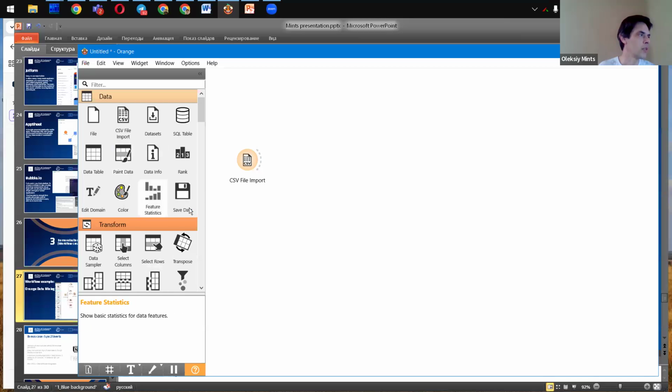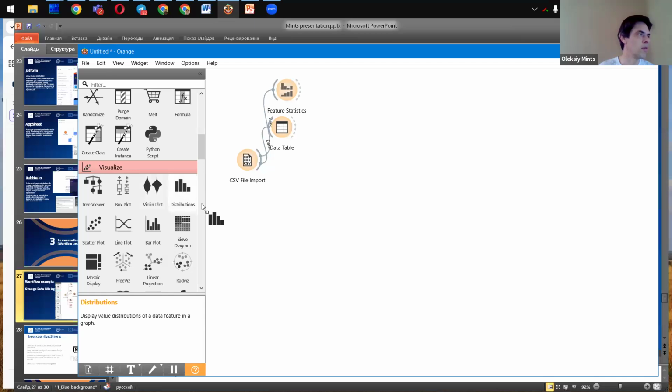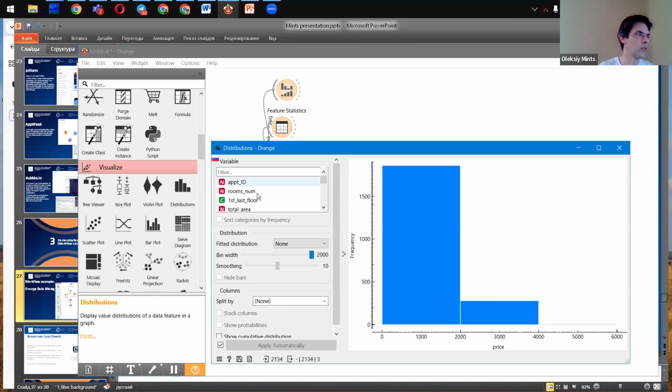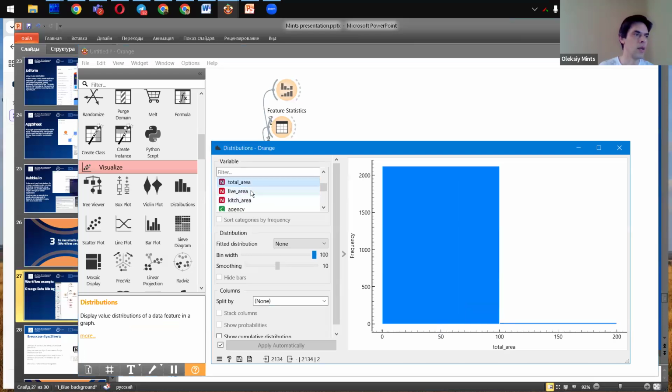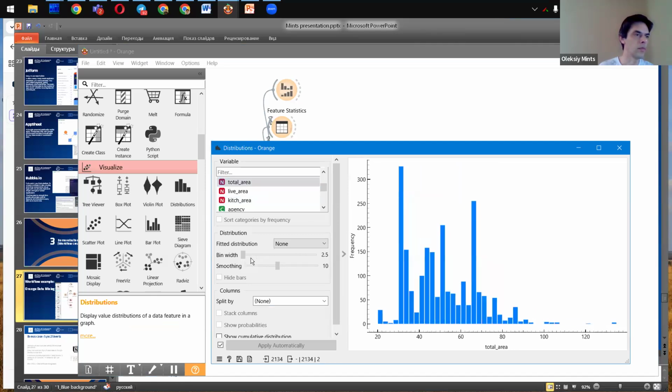On the next stage, I can add some features for data analysis. For example, data table, feature statistics, and some visualizing widgets. It helps me to understand data, for example, some interrelation in this data.